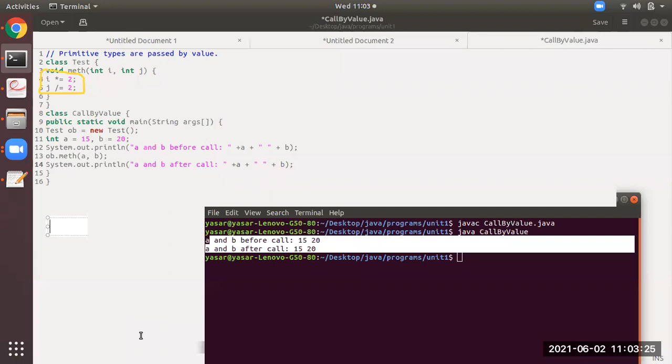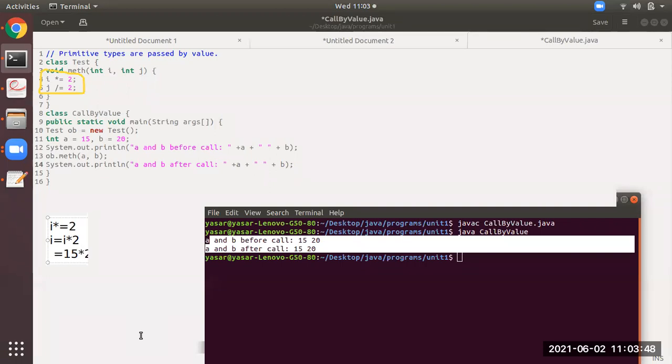at line number 4 and 5, i *= 2 means i = i * 2, where i is 15. So 15 into 2, that has to become 30.